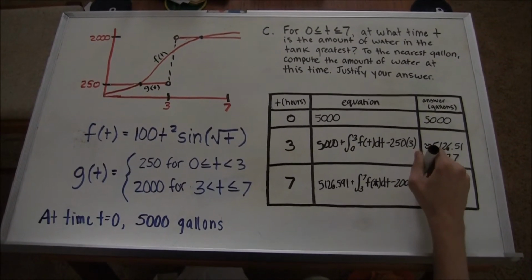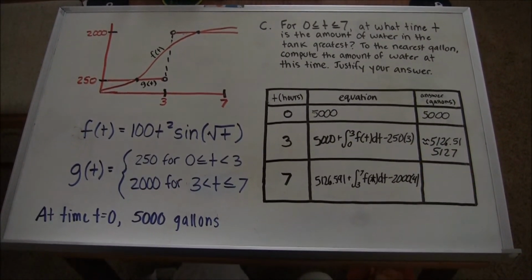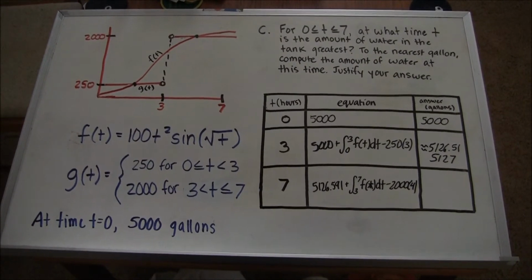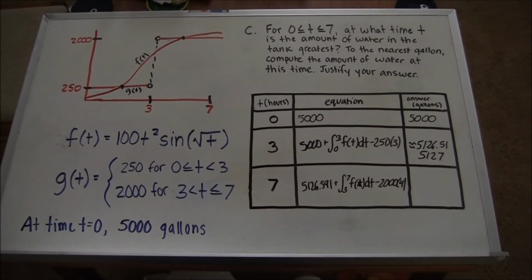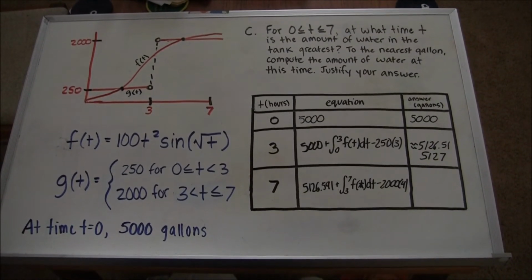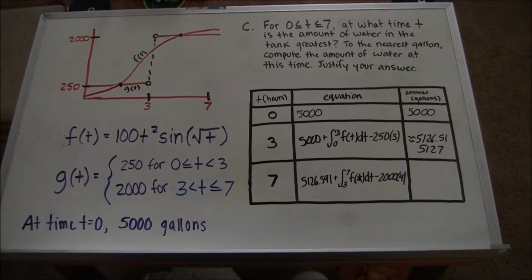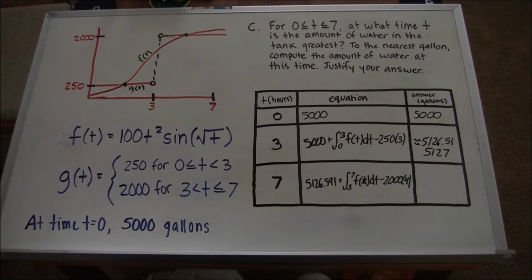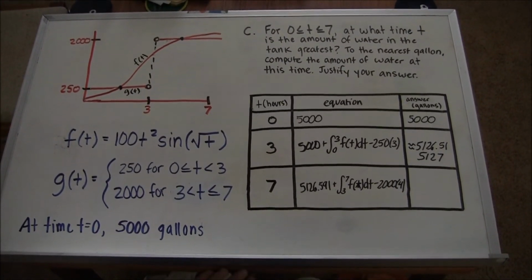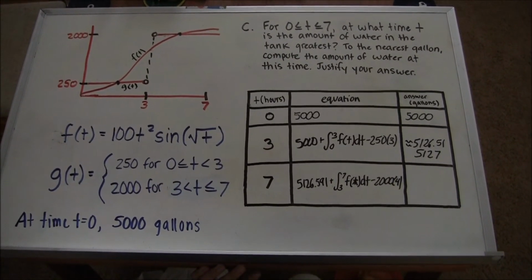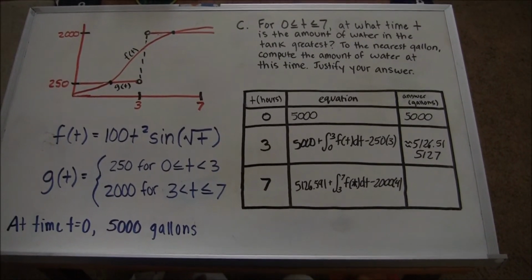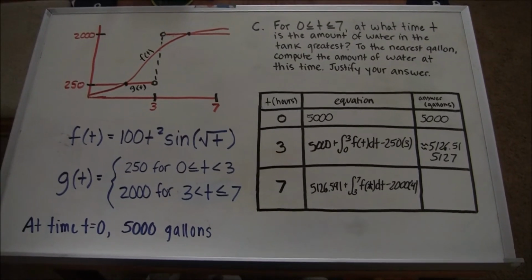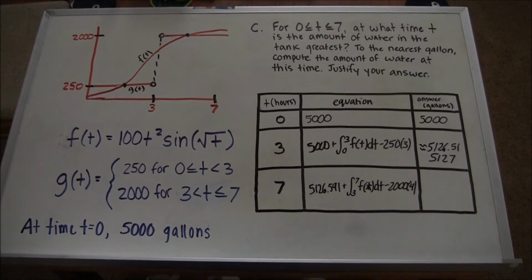We can find this equation in a very similar manner as the last equation, finding the integral of f of t from 3 to 7 and subtracting the integral of g of t from 3 to 7, which would also be the same since between 7 and 3 there are only 4 values, so we would do 2,000 times 4 to find the net amount of water that flows into the tank, then adding the initial condition of t equals 3, which we found to be